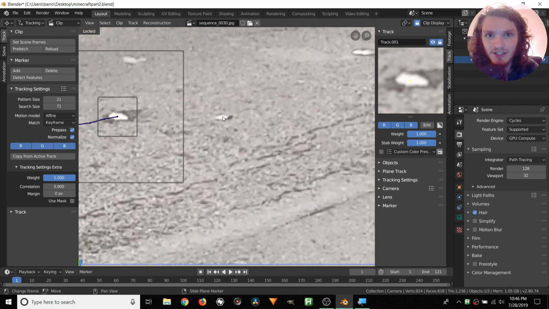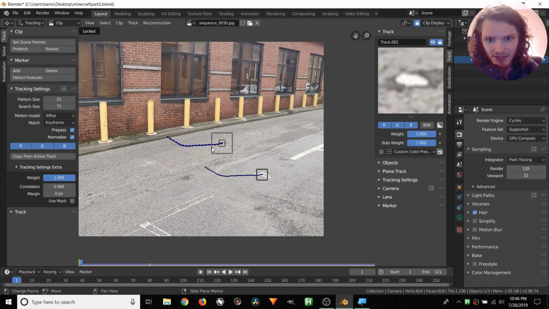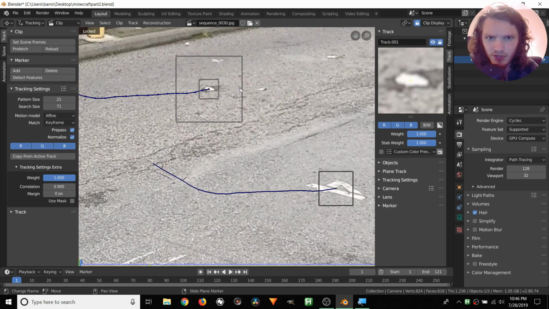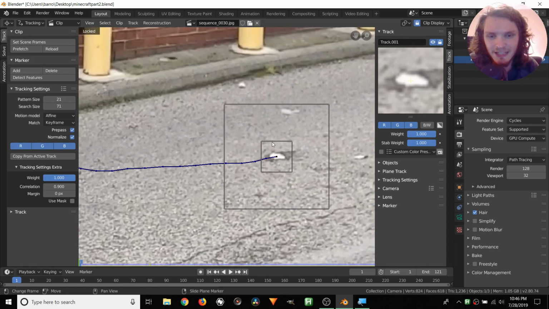However, we do want some distribution both in 2D and 3D, and this spot right here is very close to this one in 2D, so inside this rectangle of our footage. These 2 spots are very close, so we're not going to get that much new data. And then in terms of 3D being this 3D parking lot alleyway, these 2 spots are pretty much identical. So instead, let's go for something that has probably the same 2D distribution, which, you know, it's not that good, but a good amount of 3D distribution.